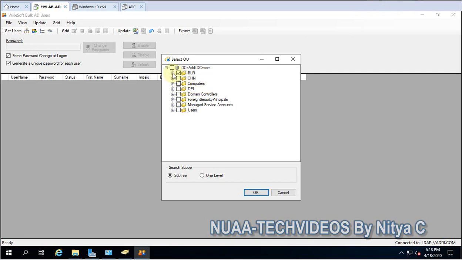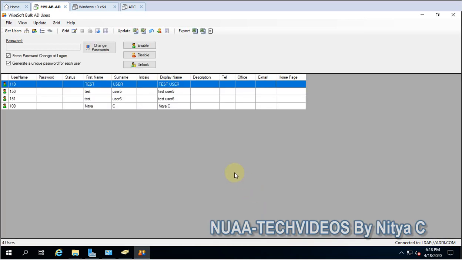And if we choose the nested one, the subtree, then whatever OUs are present under BLR will also be targeted to collect the information of users. So let me click on that. You can see this many users are there.